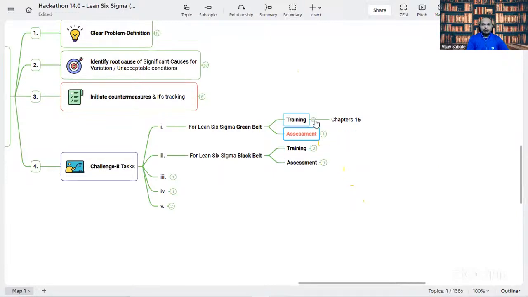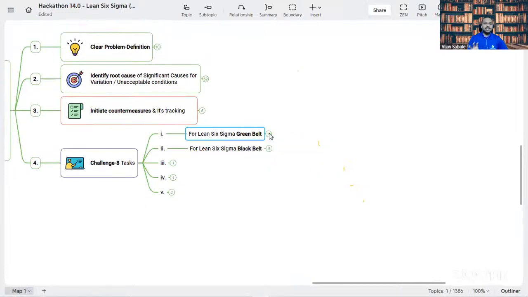Okay. So this is the main learning exercise for you for the green belt and black belt. Okay. You will also see these details below the recording of today's session in our learning management system, right? I will share the link into our WhatsApp group once we complete this entire training.